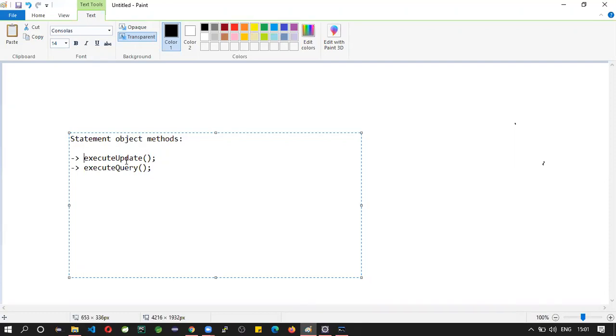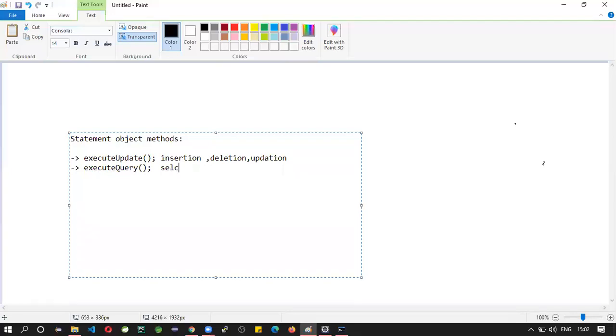So insertion, updation, and deletion operations will be performed by using executeUpdate. See the update here. Update means what? We are going to change something, right? So that is nothing but executeUpdate. We will perform insertion, deletion, updation. By using executeQuery, we will use the select command.